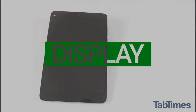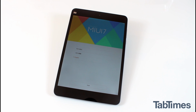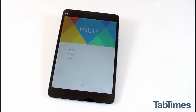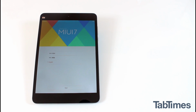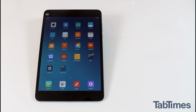Measuring in with a 7.9-inch IPS display, the Xiaomi MiPad 2 offers up 1536 by 2048 pixels of resolution. That's 326 ppi. If you were keeping track, that is the same size and pixel count as the iPad mini 4. The display on the Xiaomi MiPad 2 is pleasant to look at, providing nice color saturation, great viewing angles,